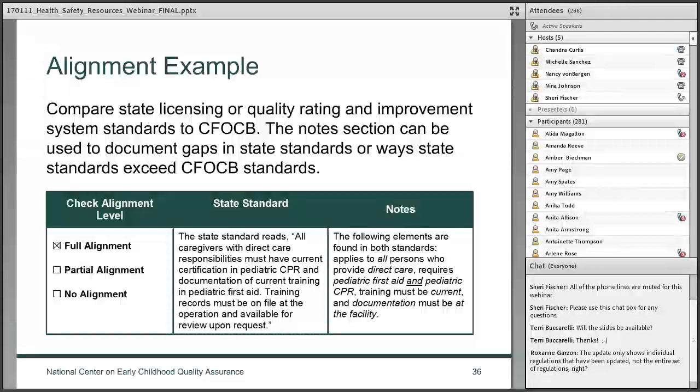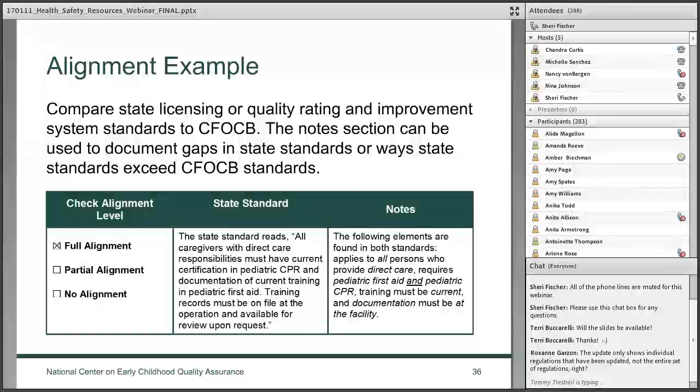So it shows here in the notes that these elements are found in both Caring for Our Children Basics and in the state standards, that it applies to all persons who provide direct care and requires pediatric first aid and pediatric CPR, and that the training must be current and documentation must be at the facility. So that shows what the alignment is between those two sets of standards.